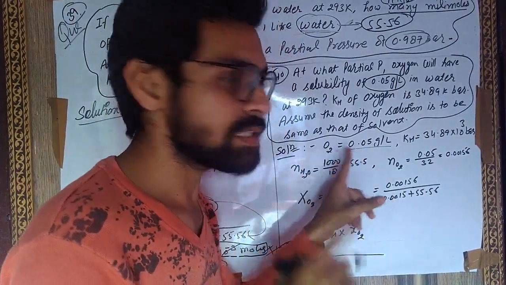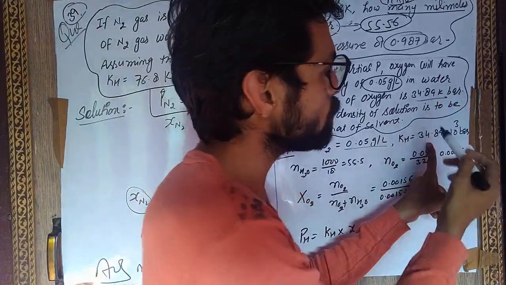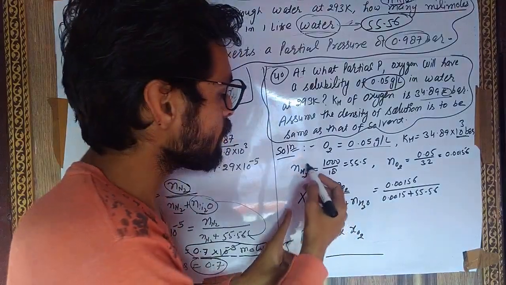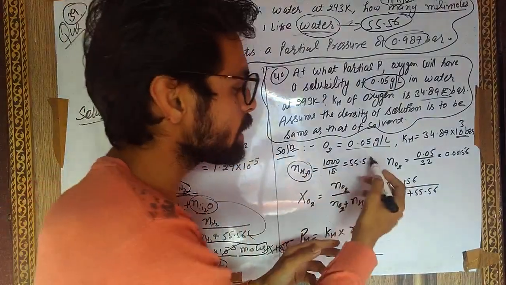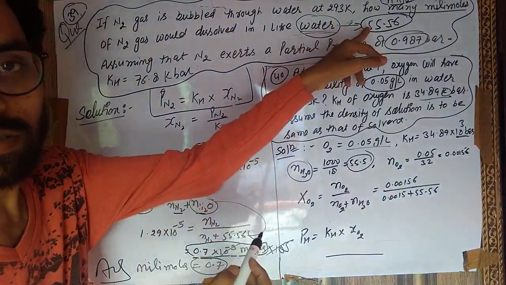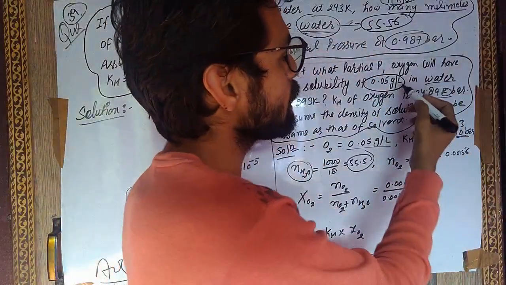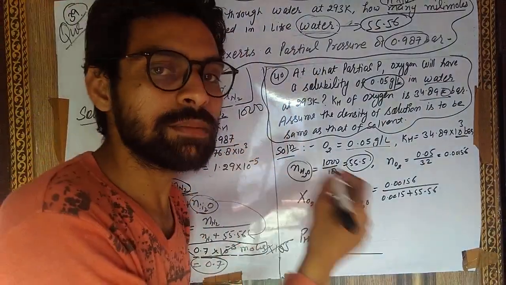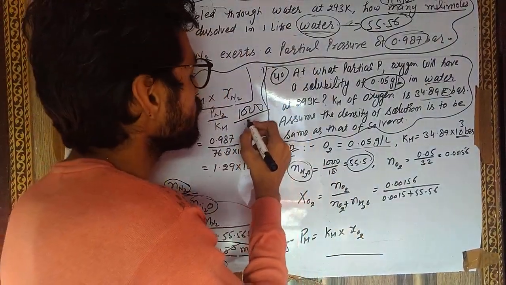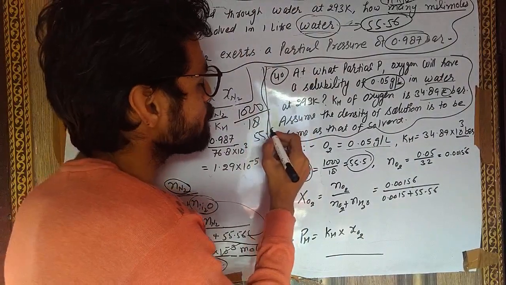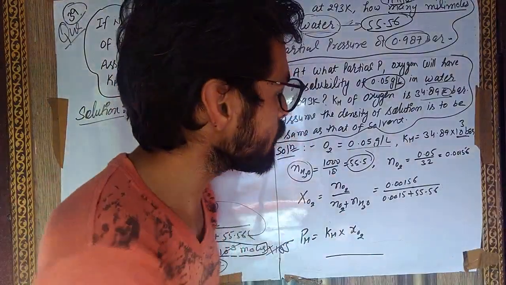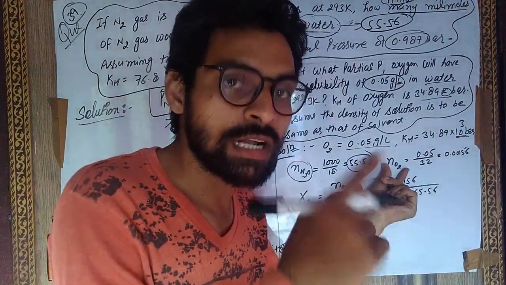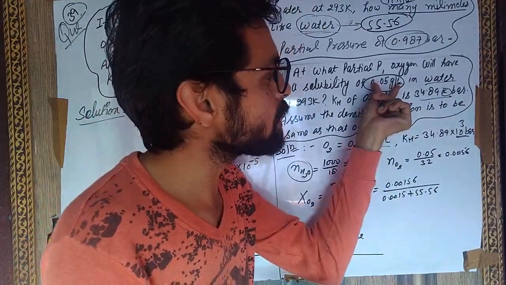Similarly, 0.05 gram of oxygen is given to you and the Henry constant is given again in kilobar, so you multiply it by 10 raised to power 3. What is the value of moles of water? Already 55.56, as I told you in the previous question. Because 1 liter of water means 1000 gram, divided by 18, so it will be 55.56. Yesterday I told you. So 55.56 are the moles of water, and how will you calculate moles of oxygen? The given amount is this 0.05 and